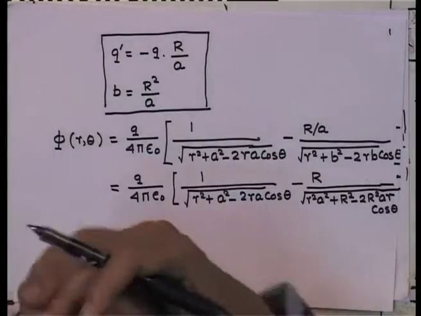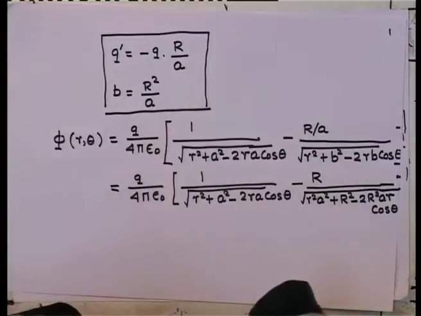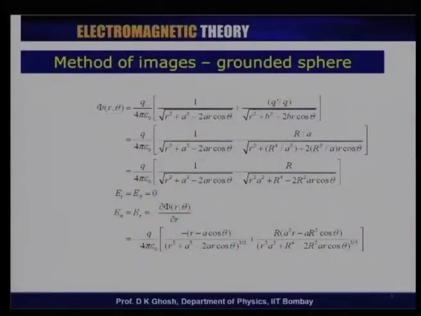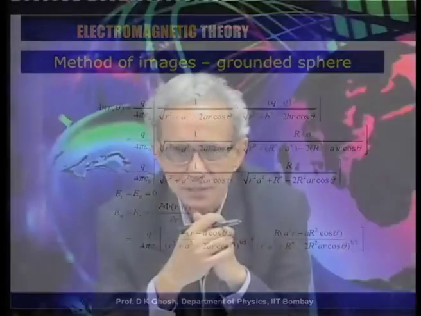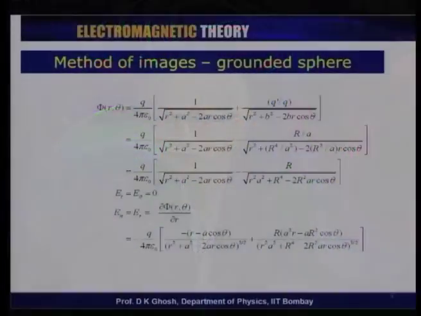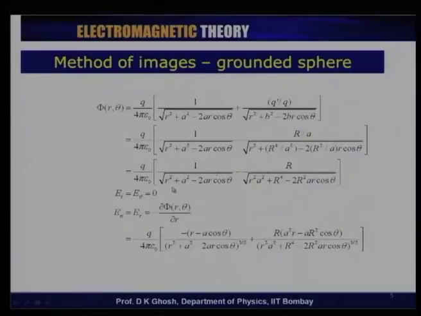Now, notice that I need two things, namely the tangential component of the electric field must be equal to 0, which is guaranteed here if you take the differentiation with respect to theta of this one and put r equal to capital R. These two terms will cancel out. Now, I also need the normal component, which is simply d by dr of the potential. And if you look at the normal component, then of course, you realize that I have this expression here, and the normal component is d by dr.